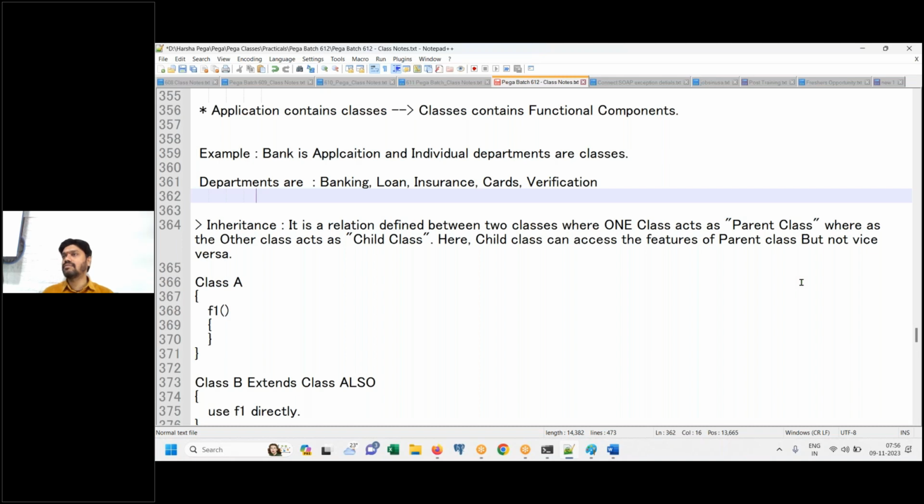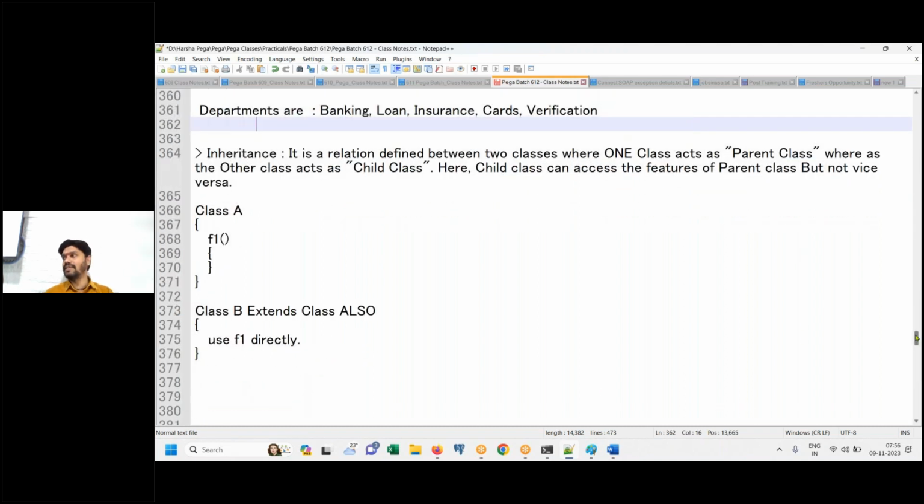Look at the real world. In the real world, the business setup is like this, where a department has to be accessible to another department. So that's what we want to achieve in the technology. Each department we are setting up like a class. So we want to access the features of one class from another class, as one department to another department. So bring the inheritance concept and do it, then it will work out. It is going to replicate the real world behavior. Understand clearly? So this is the reason why you need inheritance.